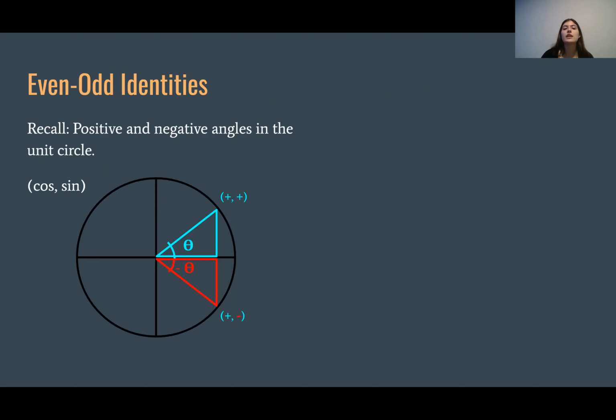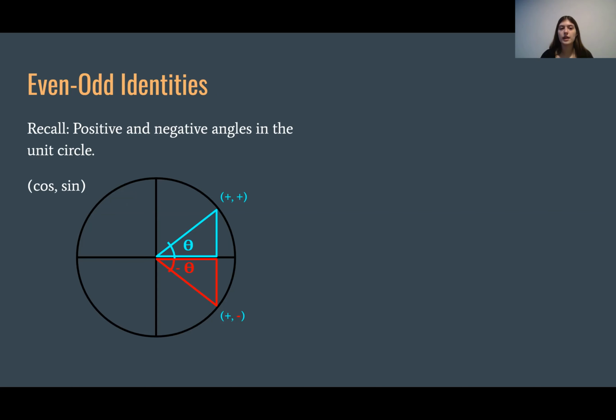Because usually when we think of even and odd, we think of even numbers being divisible by 2, like 2, 4, 6, 8. And odd numbers are not, like 1, 3, 5, 7, 9. That's usually what we think of when we think of conventional even and odd numbers. That is not what it necessarily means in trig, okay? So when we're talking about even and odd identities, I'm going to have us recall our